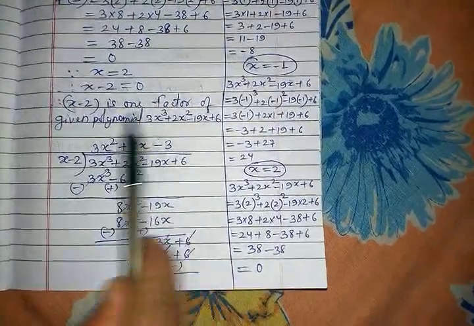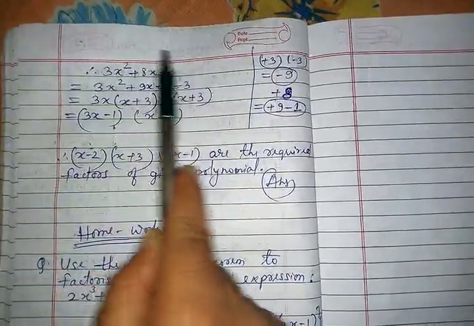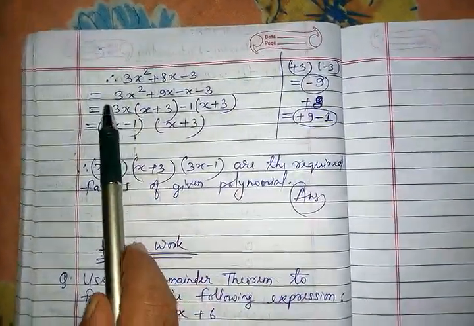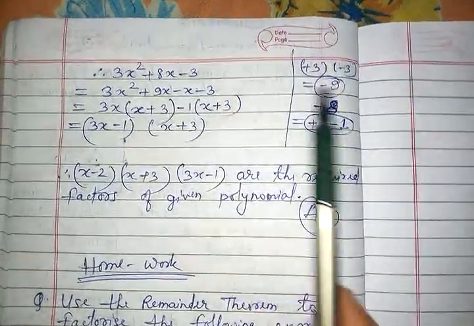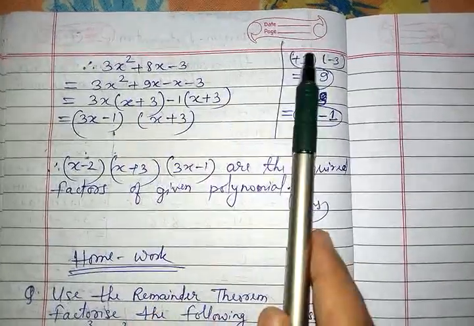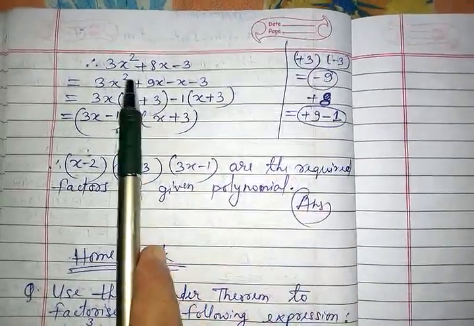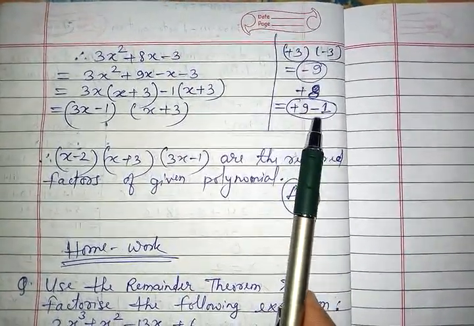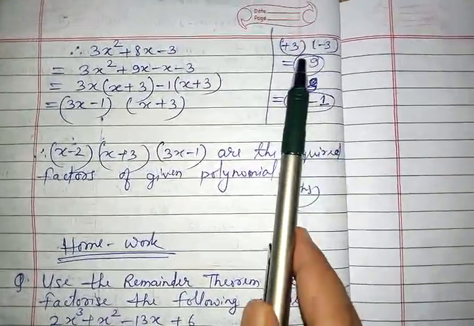Now this quotient you have to do middle term breaking, or I can say middle term splitting. The same quotient I got here, I wrote here, and then you have to do middle term splitting. You have learned middle term splitting in class 9. What we do, first and last number we multiply. First is 3, last is minus 3. 3 3s are minus 9. Now break the middle number in such a way that adding and subtracting you get plus 8, and by multiplying you get the same minus 9. You have learned this in class 9.